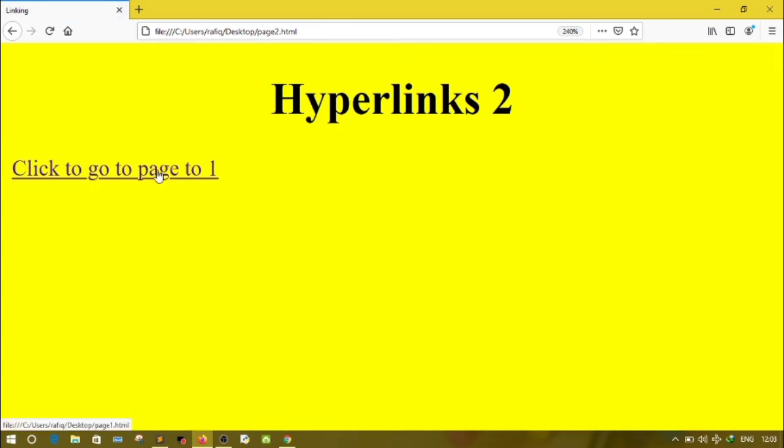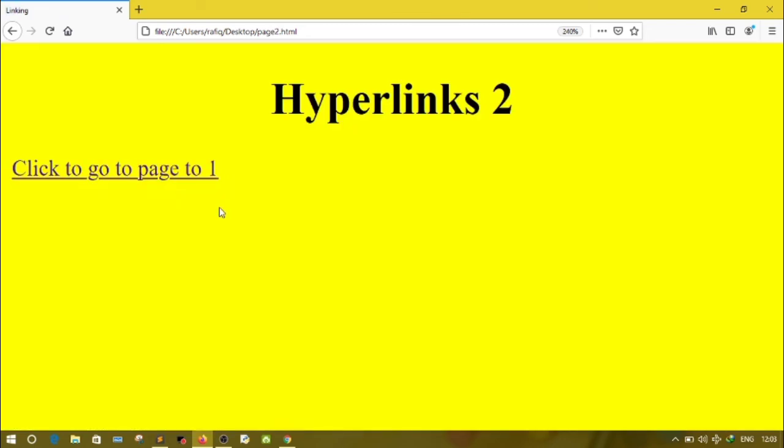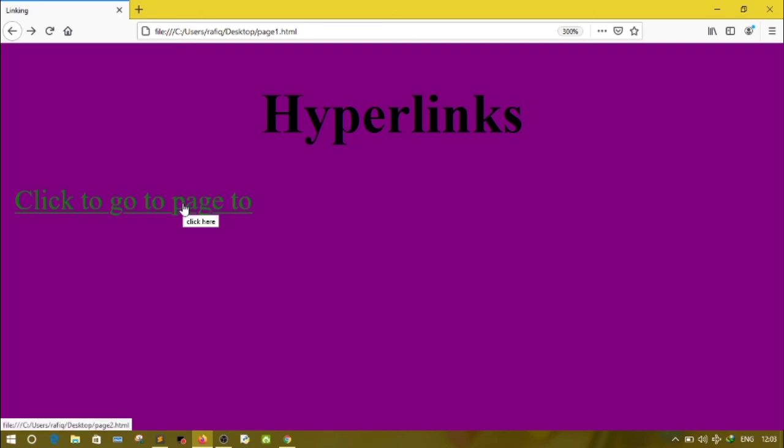So in this page the link color is blue, but if I go back, here it is green because I have already visited, and at the time when I click the link it changes to red. As this page is my local page, that's why it reloads to the next page